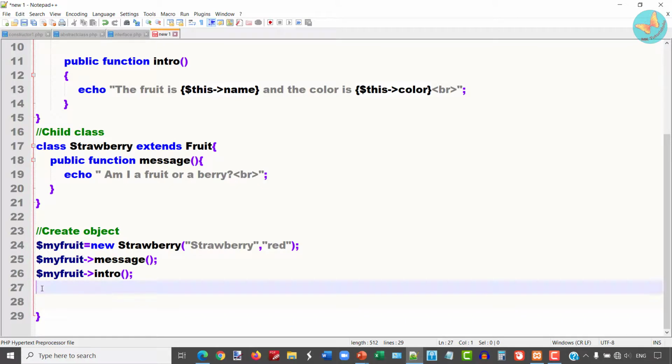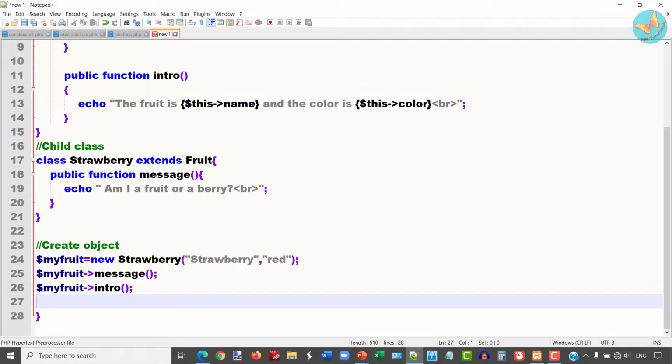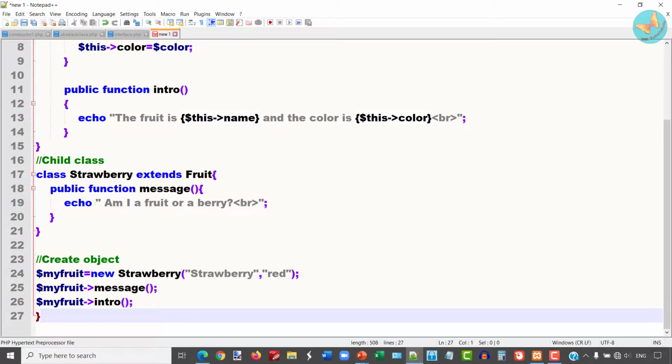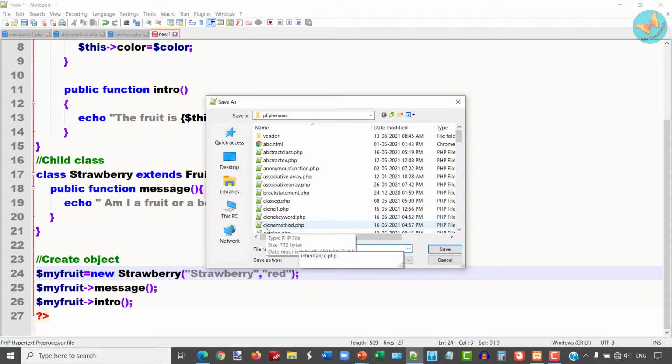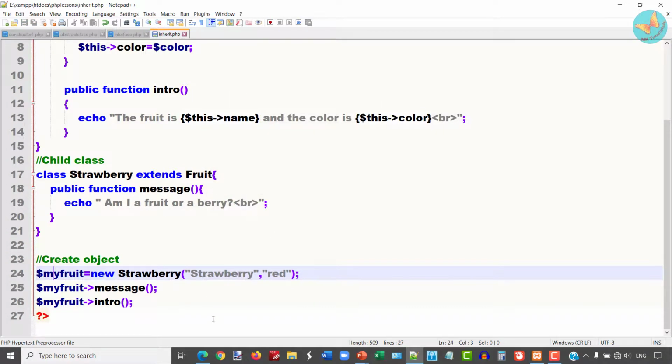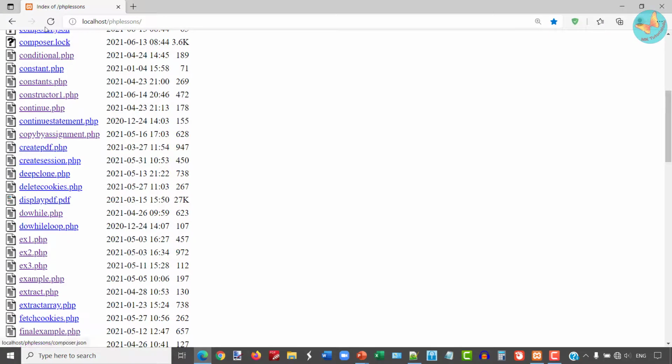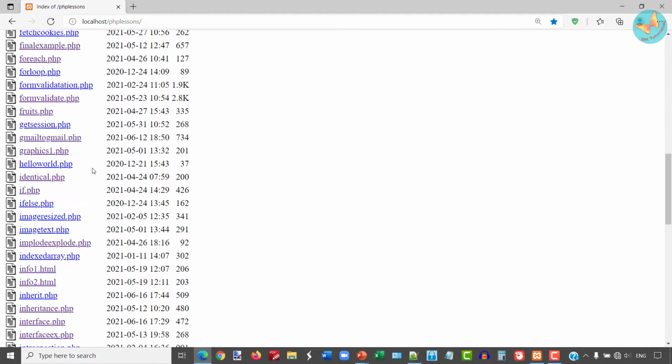This fruit class is okay. So okay, that was an extra parenthesis. I'll just close this PHP script. Let us save this file with the name inherit.php. I'll go to my web browser and now run my inherit.php file.